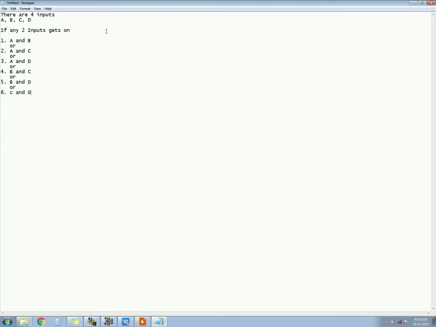If any 2 inputs get on, it could be A and B, or A and C, or A and D, or B and C, or B and D, or C and D. So these are the 6 pairs.